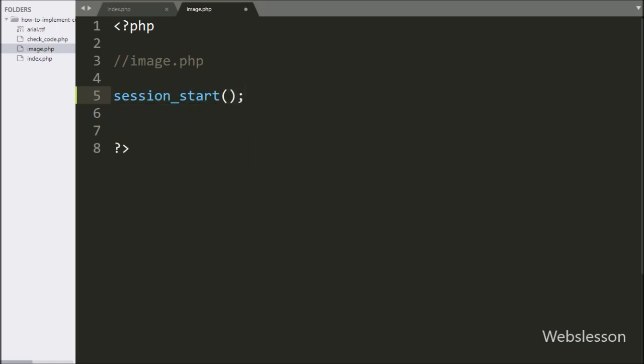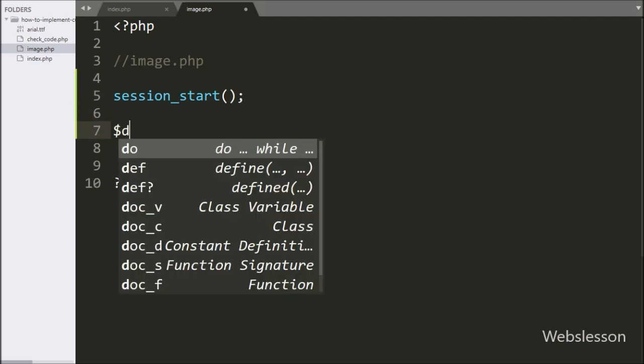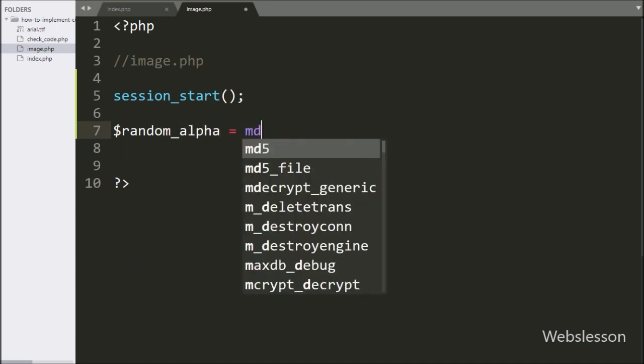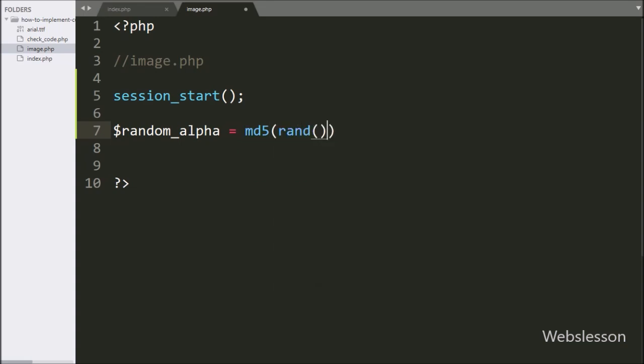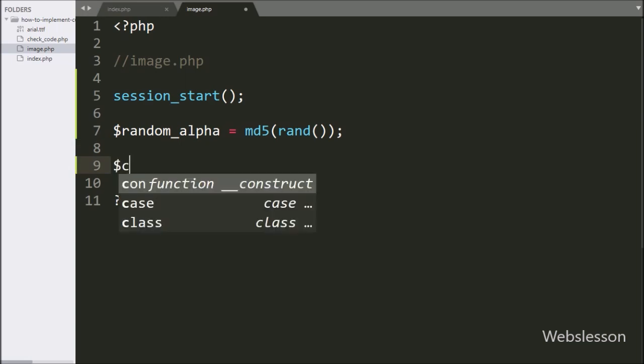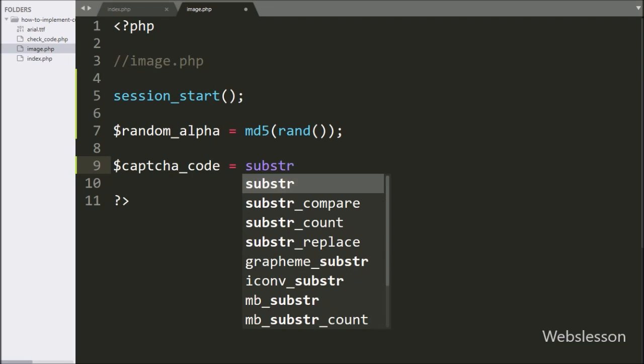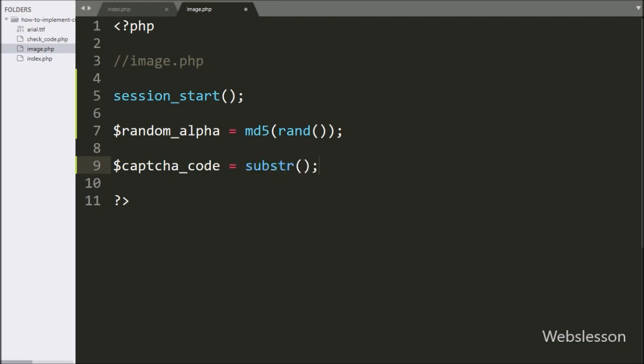Here first we have written the session start function, which will start a session on this page. Below this, we have written $random alpha variable equal to md5 function, and under this we have written the PHP rand function, which will generate a dynamic alphanumeric string. Here we want to make a Captcha code with 6 characters. For this we have written $captcha code variable equal to